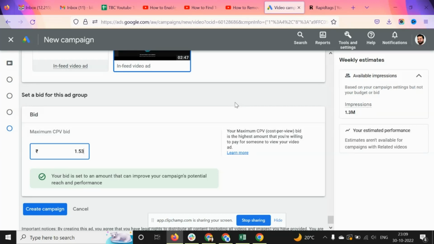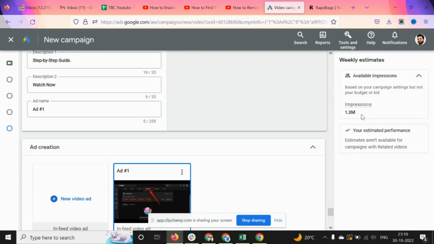So I need to follow the rules that they are recommending. Once my campaign started getting the impressions and views, then I can reduce the cost per view bid after 1 or 2 days. Okay. Once you are satisfied, you can see the total impression is 1.3 million